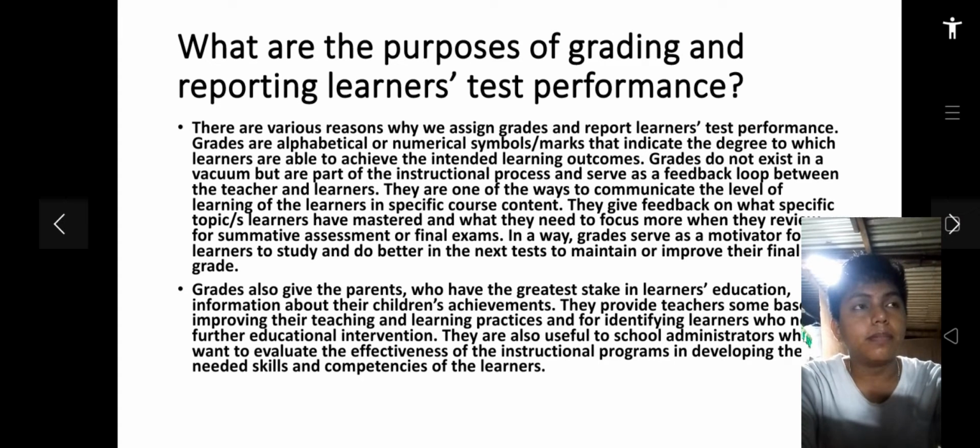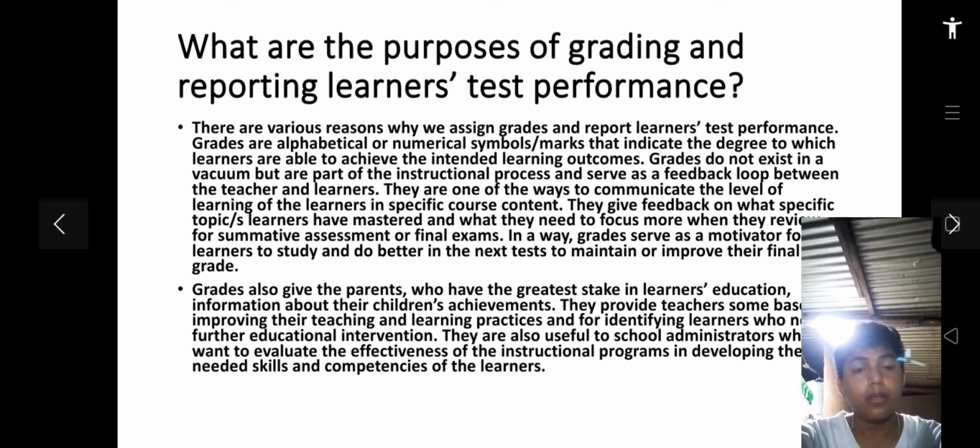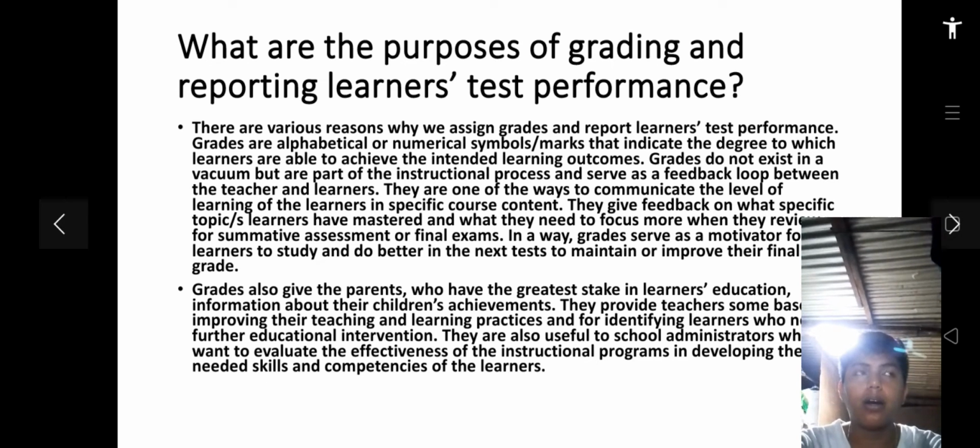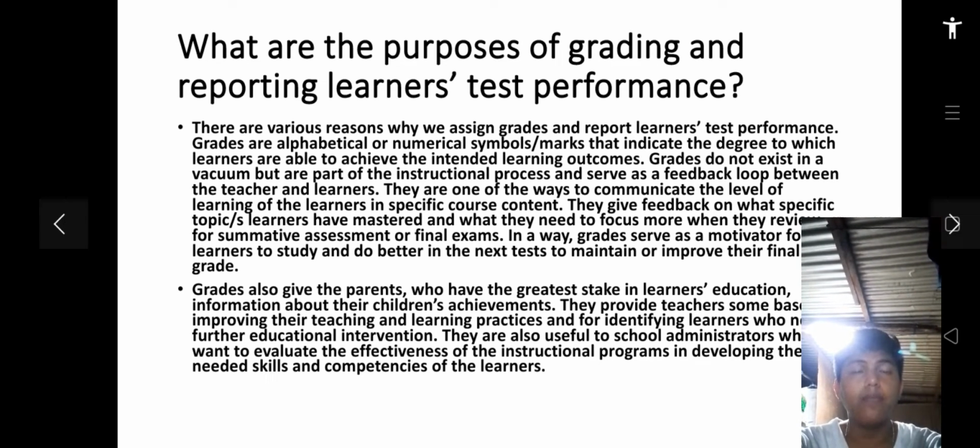Grades are a feedback mechanism between the teachers and the students that are part of the instructional process. They are one method of expressing the student's degree of understanding of a particular course material. So they provide feedback on a specific subject matter